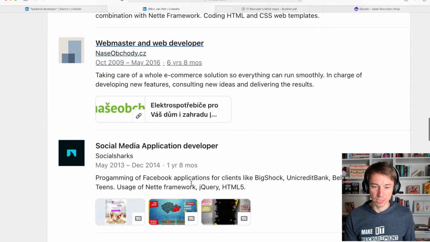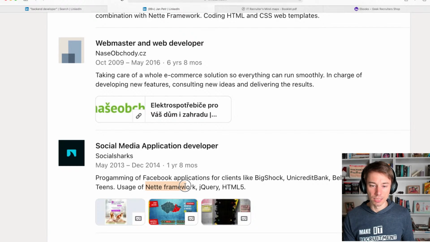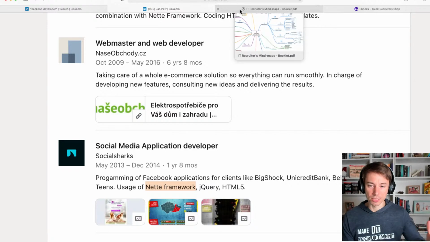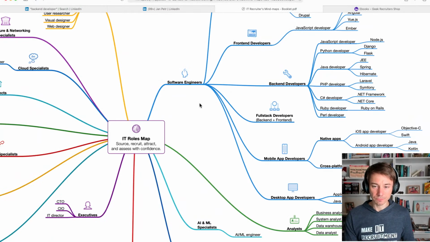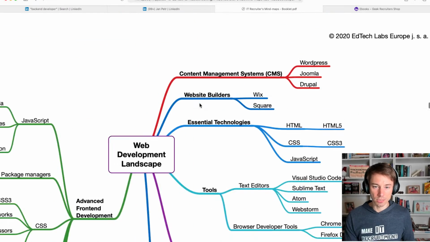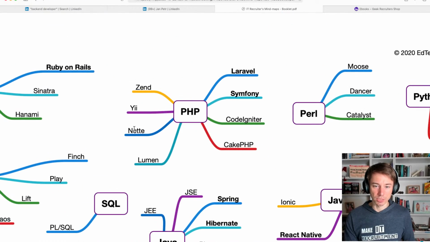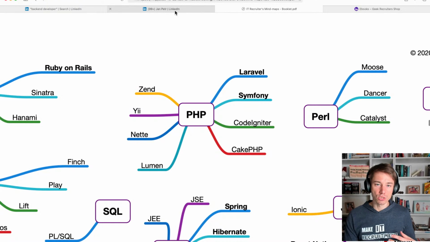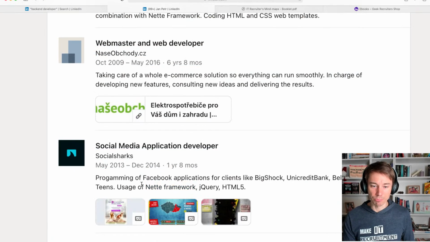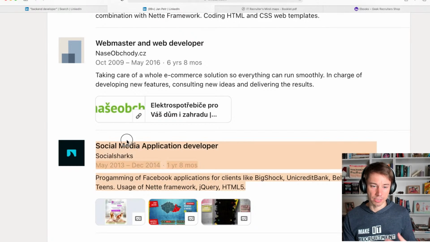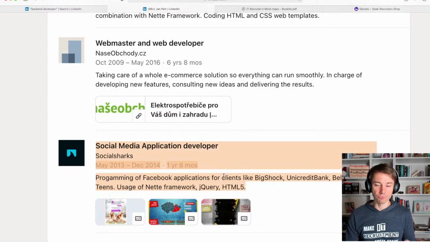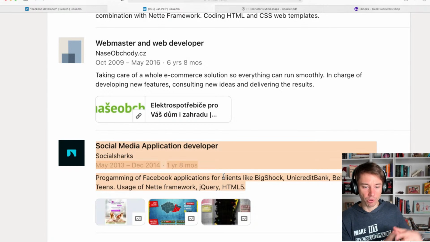And we can see that he's been using the Netty framework. So Netty is a framework that's related to, or written in, PHP. So I go back to the mind map over here and you can see Netty right here. So it's a PHP framework. So this developer has been using PHP, and it's quite interesting, right? Because he doesn't write that he was a PHP developer, but in fact he was a backend PHP developer using